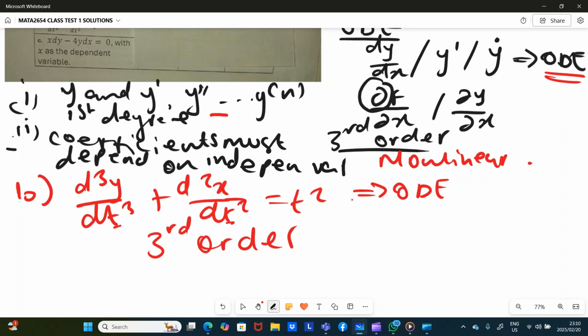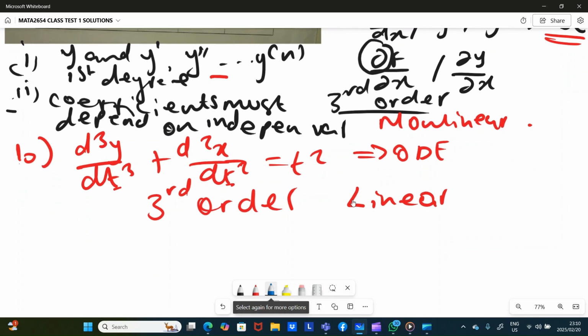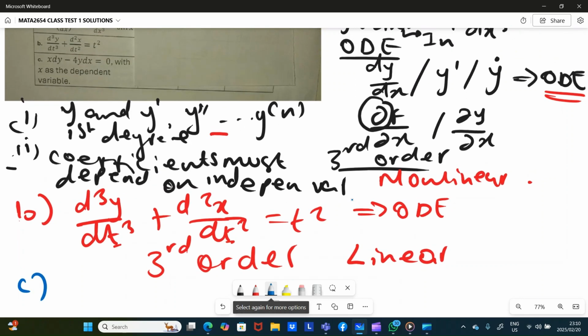In this case, it implies this one now becomes a linear ordinary differential equation. Then we are done just like that. So for C, what's happening at C? Let me just change a pen. I'll write down the question. It said that